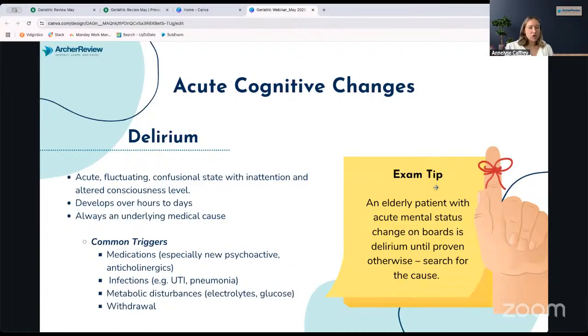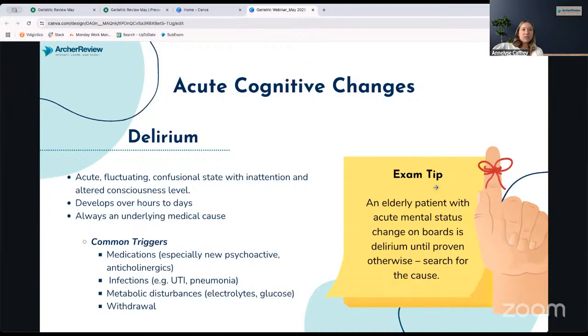Delirium is different from dementia. Remember, with dementia, you're thinking those terms: chronic, progressive. Delirium is acute and fluctuating. So it's not like they're constantly getting worse. It's all of a sudden, bam, someone brings in grandma to the ER and they're like, she was fine a couple hours ago. All of a sudden, she's speaking gibberish. She doesn't remember my name. That is delirium. That's not dementia. That's not a chronic progressive issue.